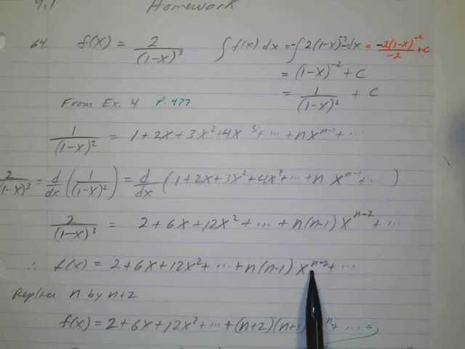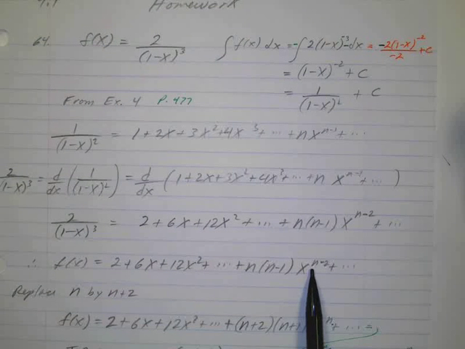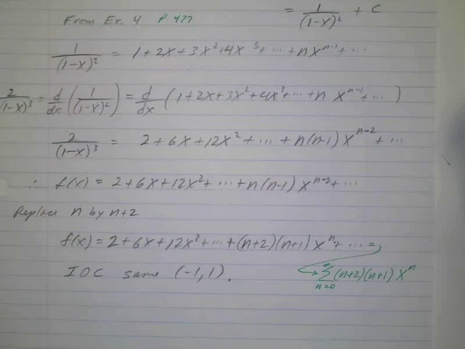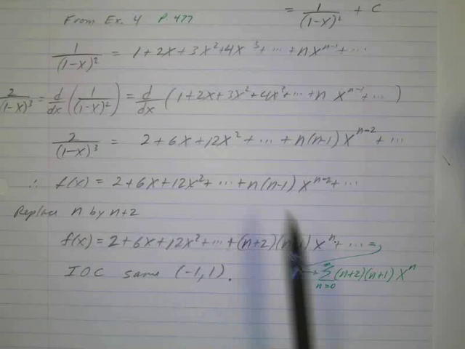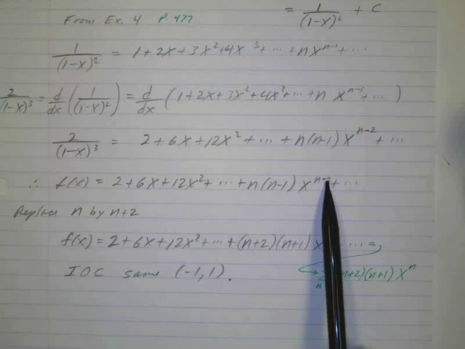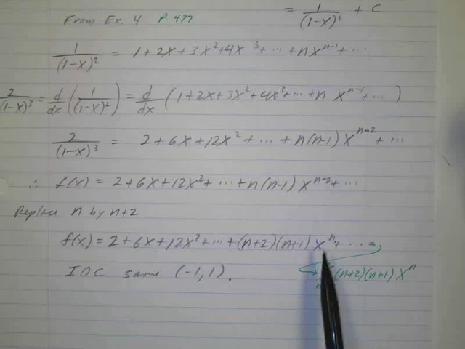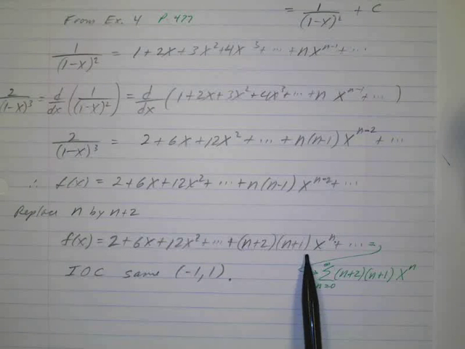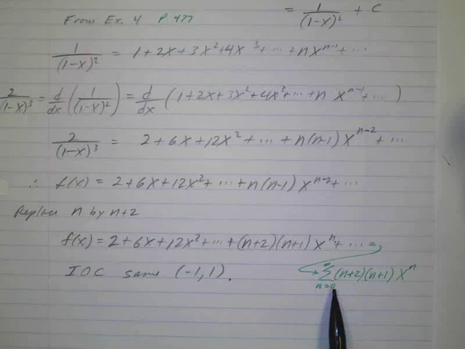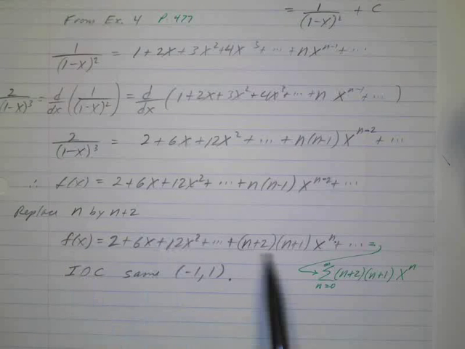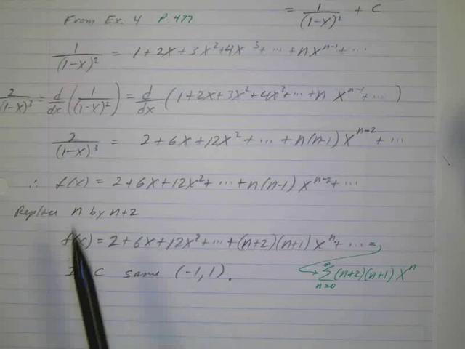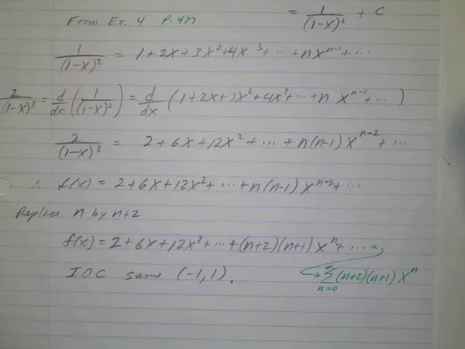Now this is kind of funny because we don't usually like this in the general term. It's going to be kind of hard for our index. So if we replace n by n plus 2, we just shift everything over 2. If we put n plus 2, that's n plus 2 minus 1, which is n plus 1, and n plus 2 minus 2 is n. That's going to be a little bit easier to write the general term. So the sum goes from n equals 0 to infinity of (n plus 2) times (n plus 1) times x to the n. And this will have the same interval of convergence as we did on page 477,